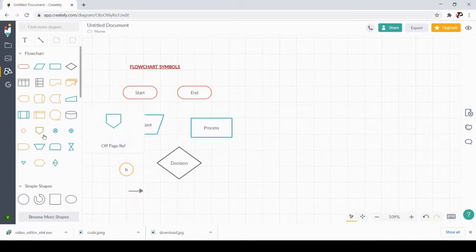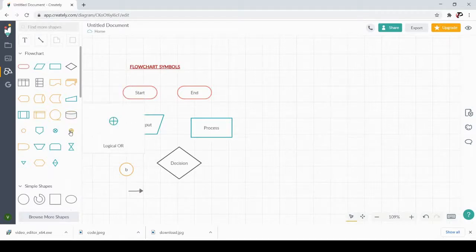There are a lot more other than this. We have some more symbols also. Here you can see a predefined process symbol. It's similar to the process, but this will be used when we have some sub-modules or sub-functions to do. In that case, instead of process, we will be using predefined process. Similarly, there is a database symbol where you want to store something. Database is the place where we store some data or information. If you want to depict that in the flowchart, you can use this container type of symbol, which is for storing information or data.